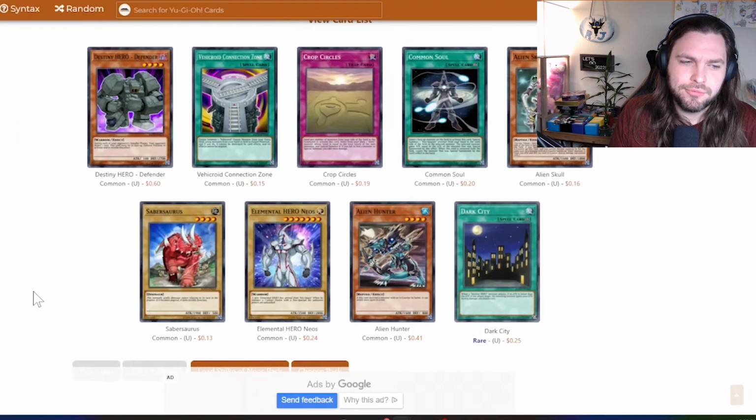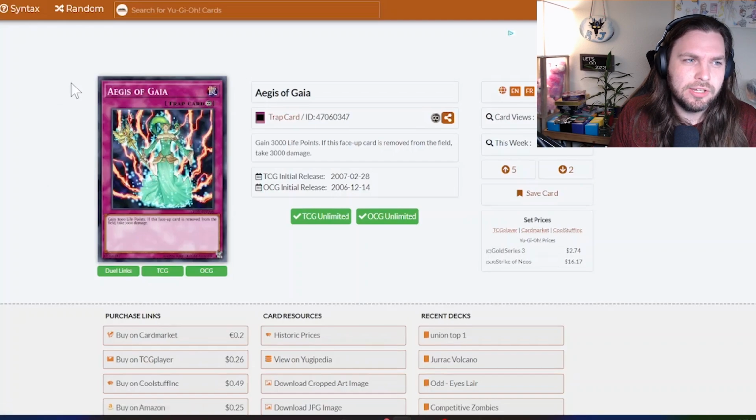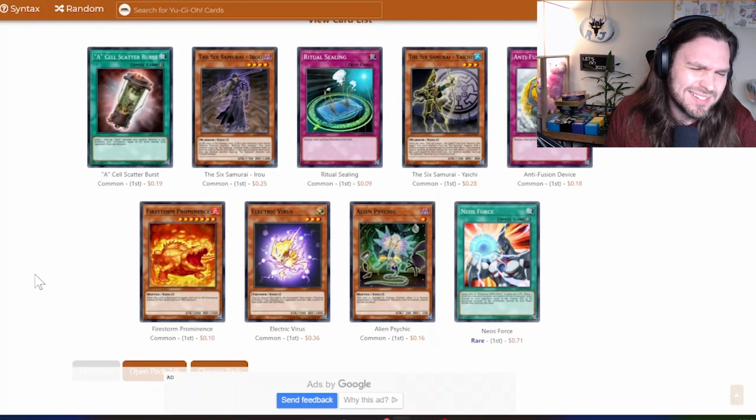There are a couple of staples in Strike of Neos that could see us through to the end here. DD Crow is probably not it. Aegis of Gaia is a card I have literally not seen once in my life. There is a reason I have literally not seen this card once in my life. Neos Force in the rare is not ideal. It's the rares we're definitely looking for this time around. The 6 Samurai are all right, but the problem with them is that they just are dinky compared to everything else